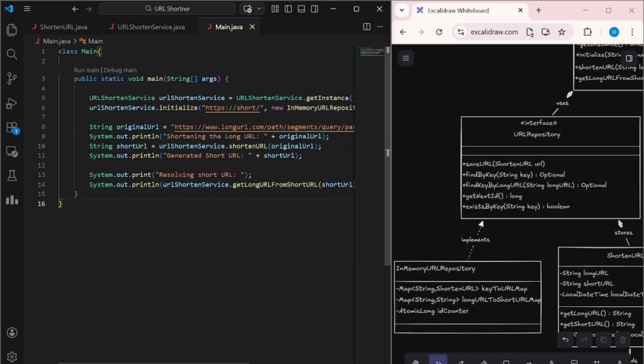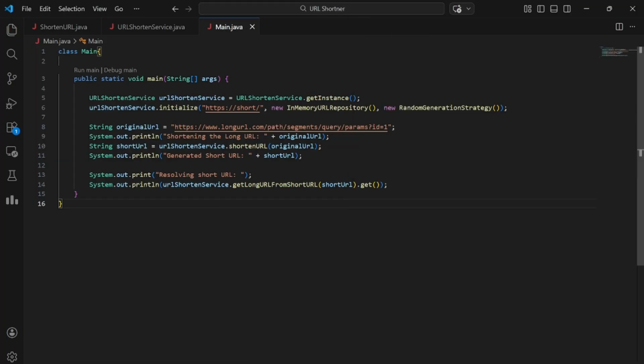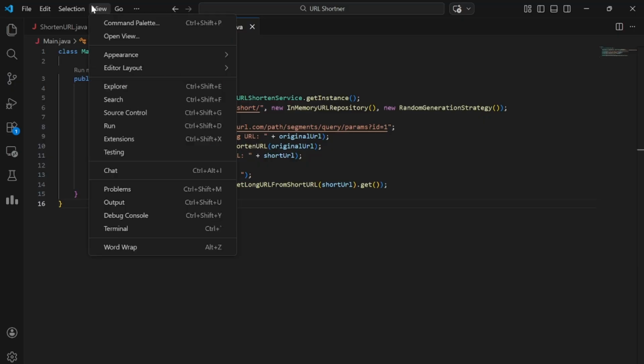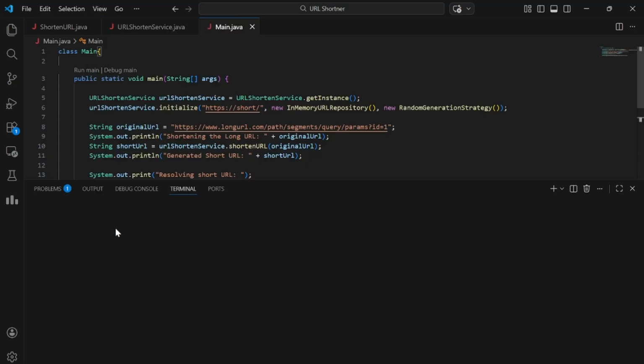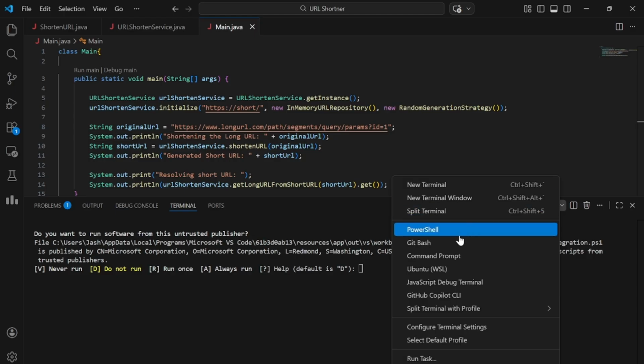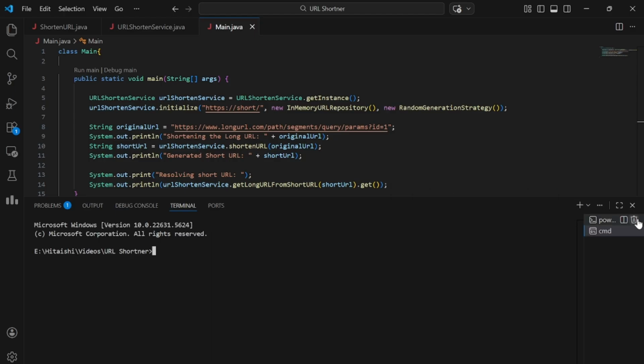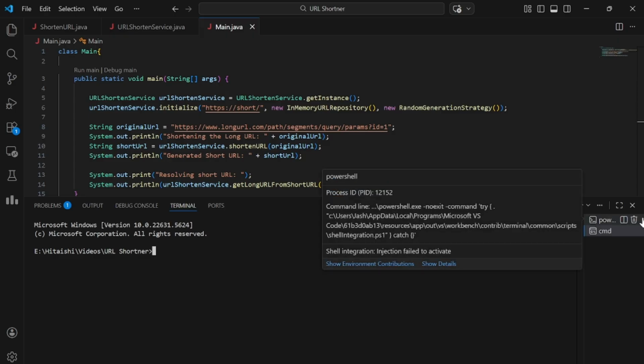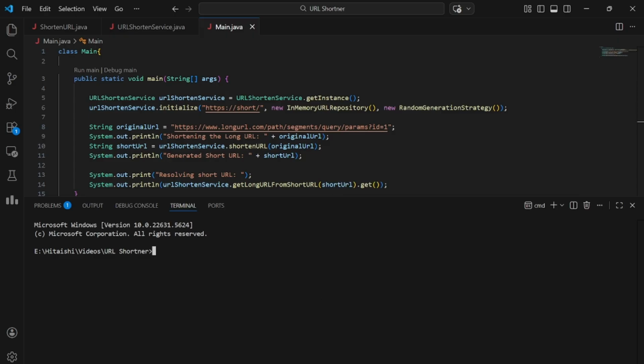Okay, so expand this all. Change the command font. Okay. When I run this,